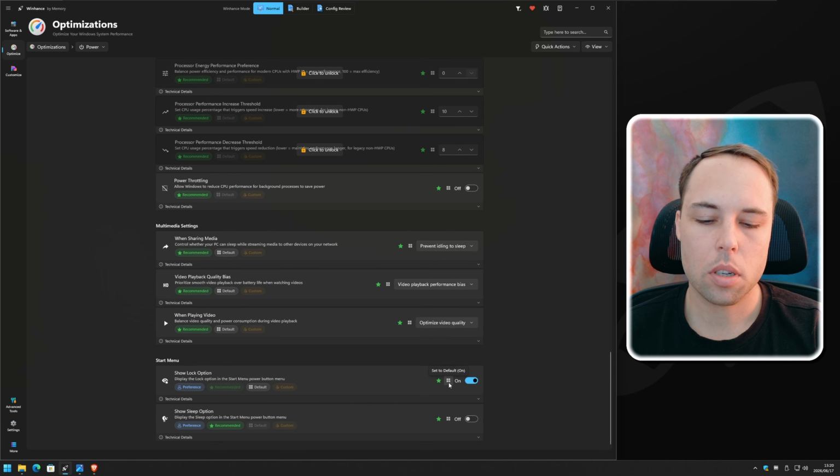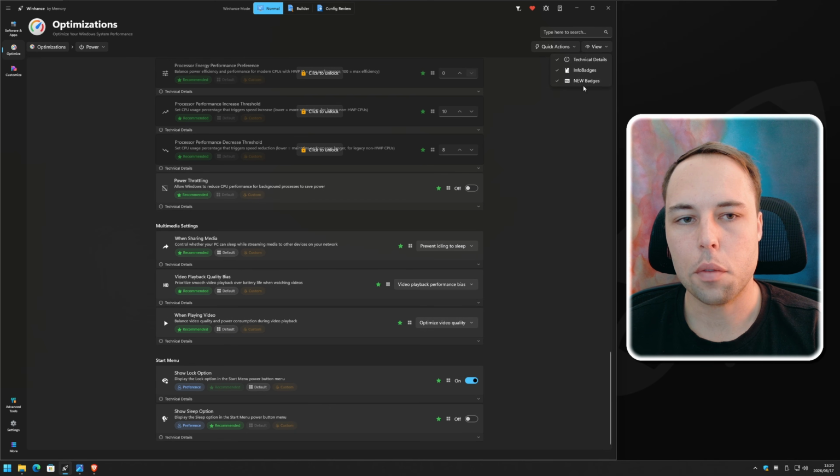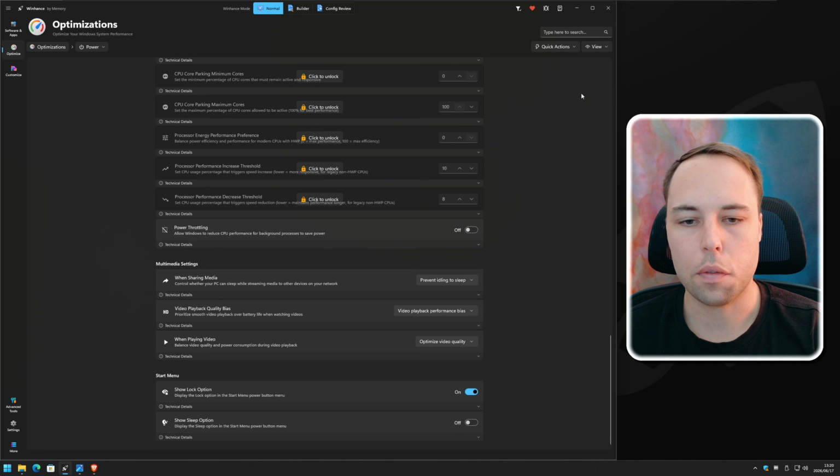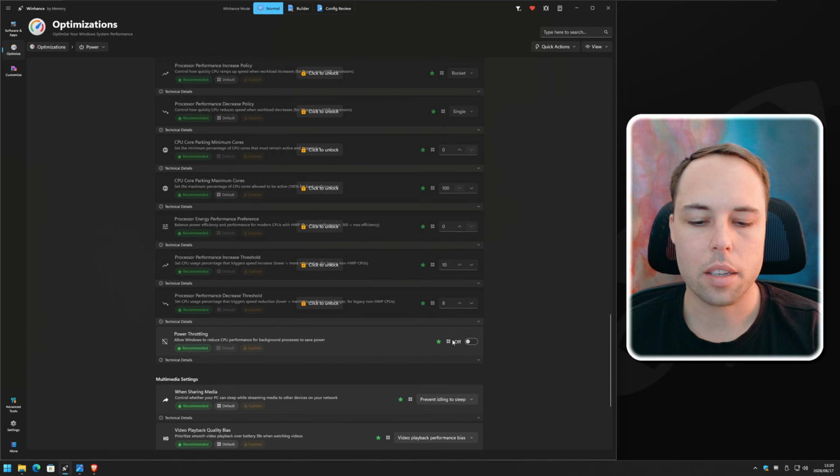And you also have the option to apply the defaults on each settings card. And this is again if you've chosen to show it in the view menu. So you can hide the info badges here, which won't give you access to those options. But you can go to the view menu and toggle which items you want to see.